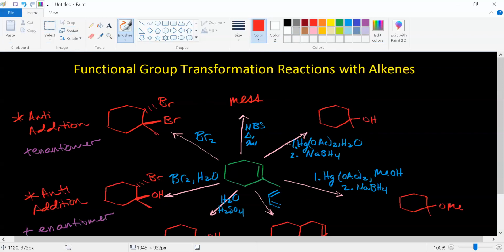So back to this NBS problem. I can show just one real quick example of when it actually would be useful. And it's whenever we're dealing with something that's going to be a little bit more selective. So less H's to pull off, less places for double bonds to migrate to. So if off to the side here, I use something like toluene,